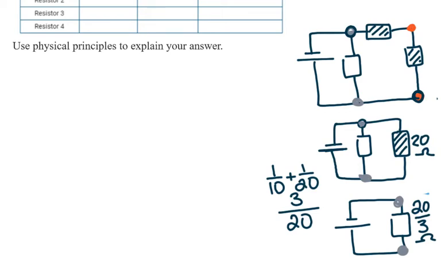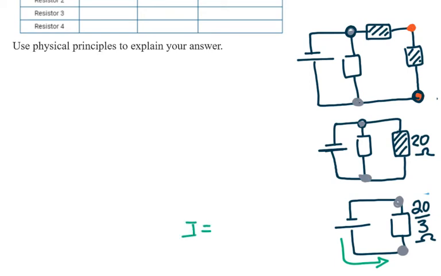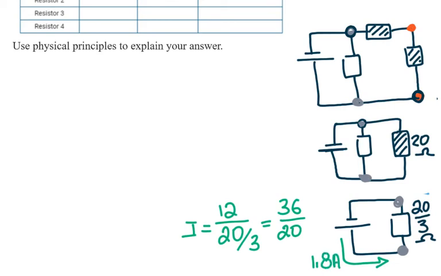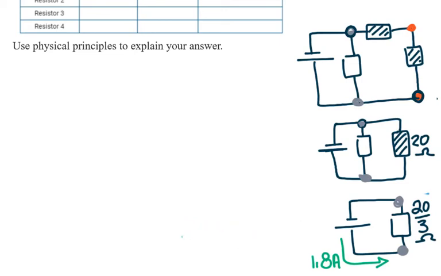So the current is going to be different now. I have this current is equal to the voltage divided by total resistance. So that is 36 over 20, which is 1.8. So the total current of the circuit dropped when the other resistor was disconnected because of the capacitor. So if the total current dropped, this one,